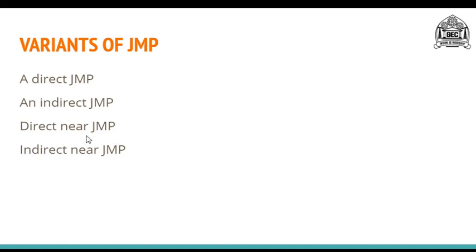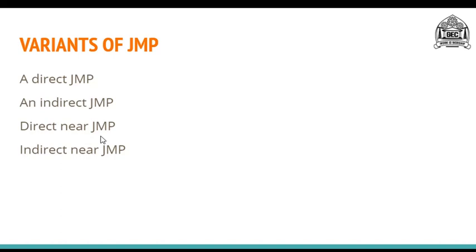So direct near jump will make use of the instruction pointer register and will obtain the address which is saved in that register, to which it will add the displacement factor which is mentioned in the instruction, and together this instruction pointer address and your displacement factor will give the final destination address. So this is how we calculate the address in direct near jump instruction.